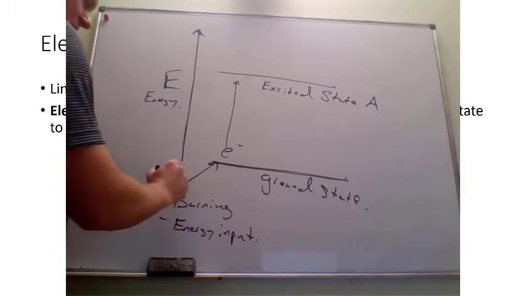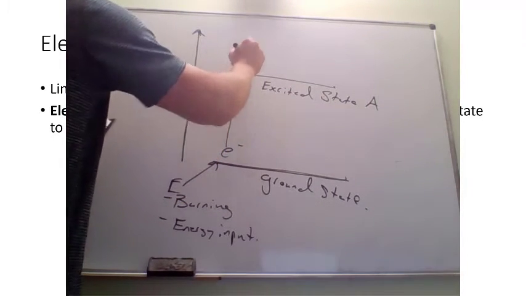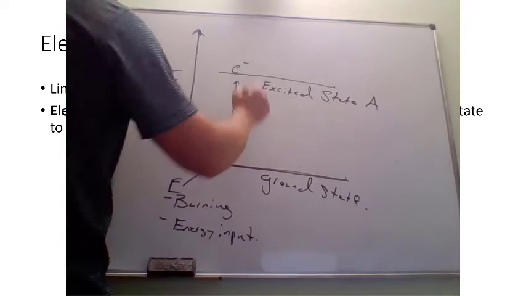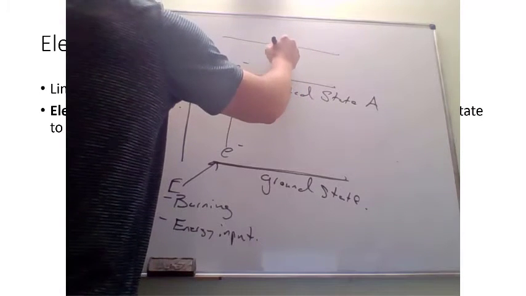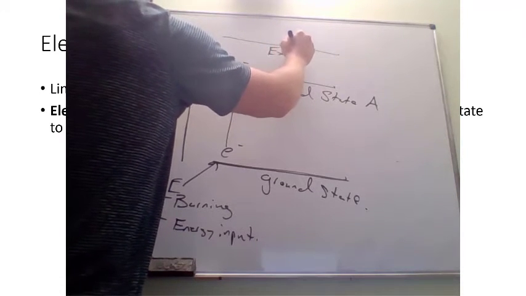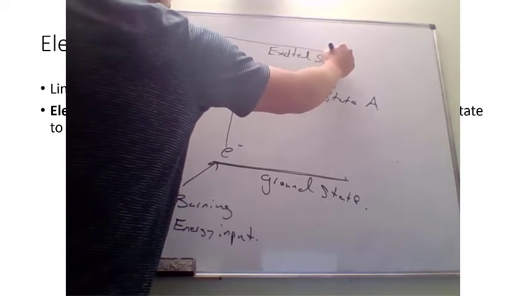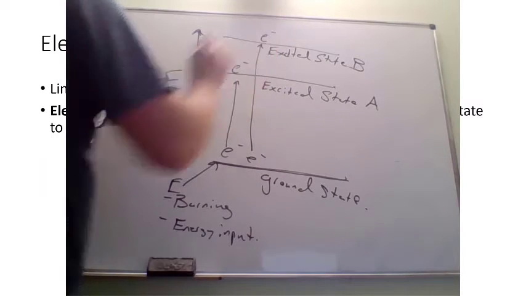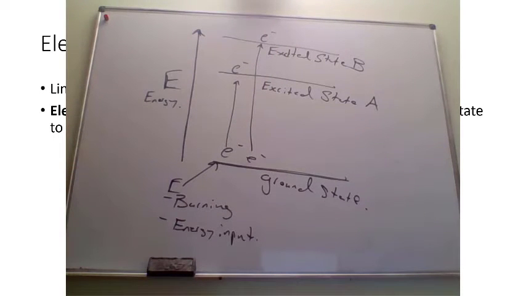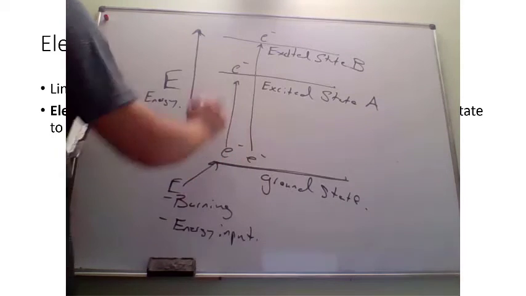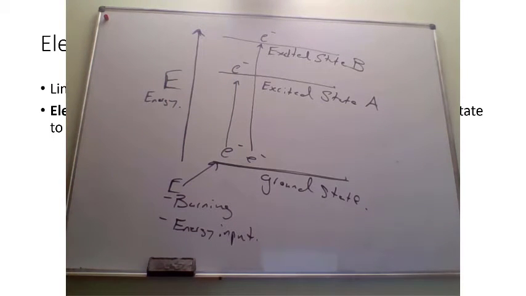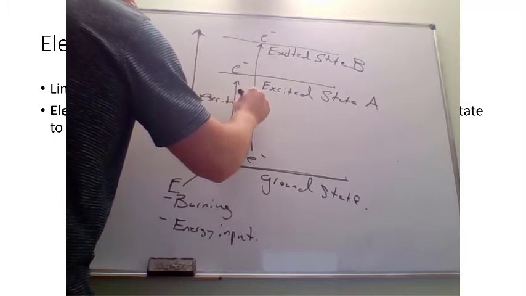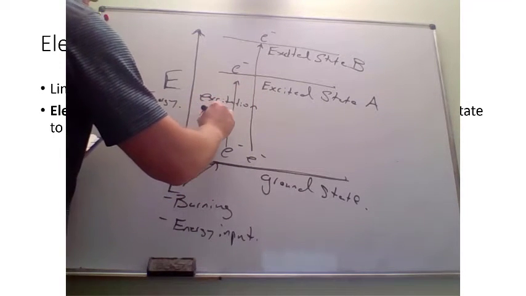Okay? So that amount of energy that we put in can allow that electron to be excited up to that energy state. If we add even more energy, say that we have a second excited state, called excited state B, we might be able to excite an electron up to excited state B. And so this process of increasing that energy state of an electron is called the excitation. And for excitation, we are adding energy